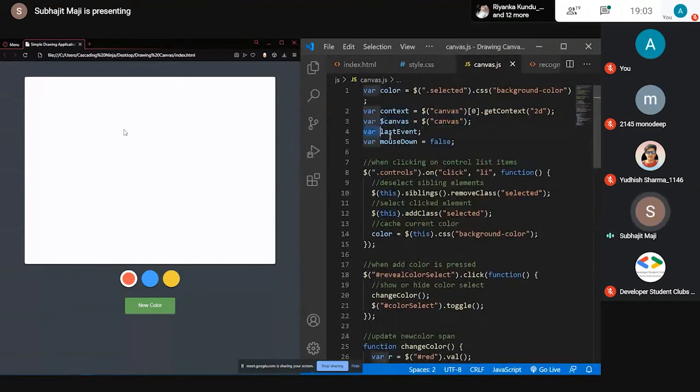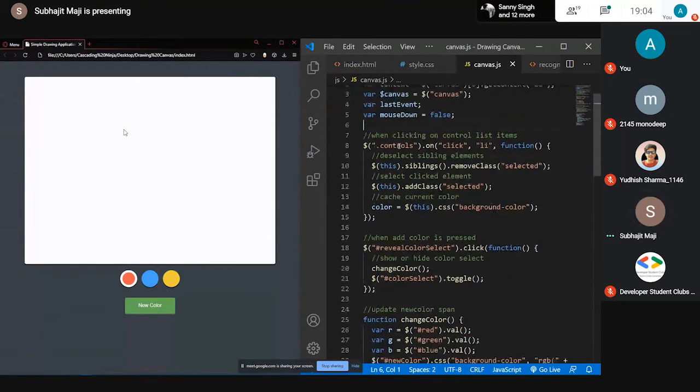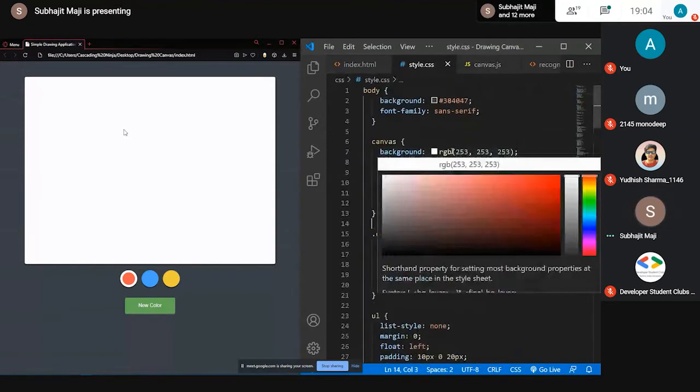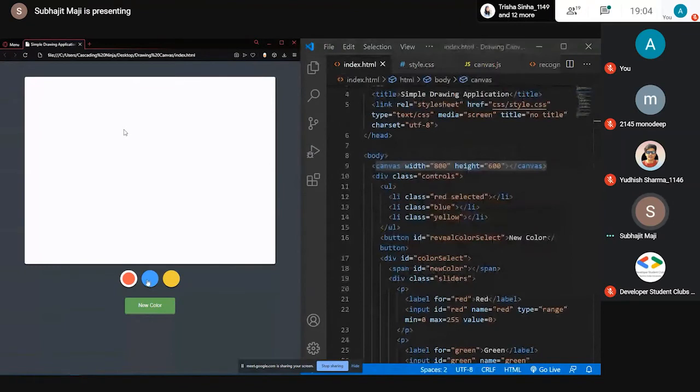Now these events will be used for the drawing part. First of all, let's understand the colors part. This is where the color is selected, the CSS background color. This can be defined in CSS, or it can be defined in JS. Here we have declared that we are selecting blue, right? So that blue is for drawing,